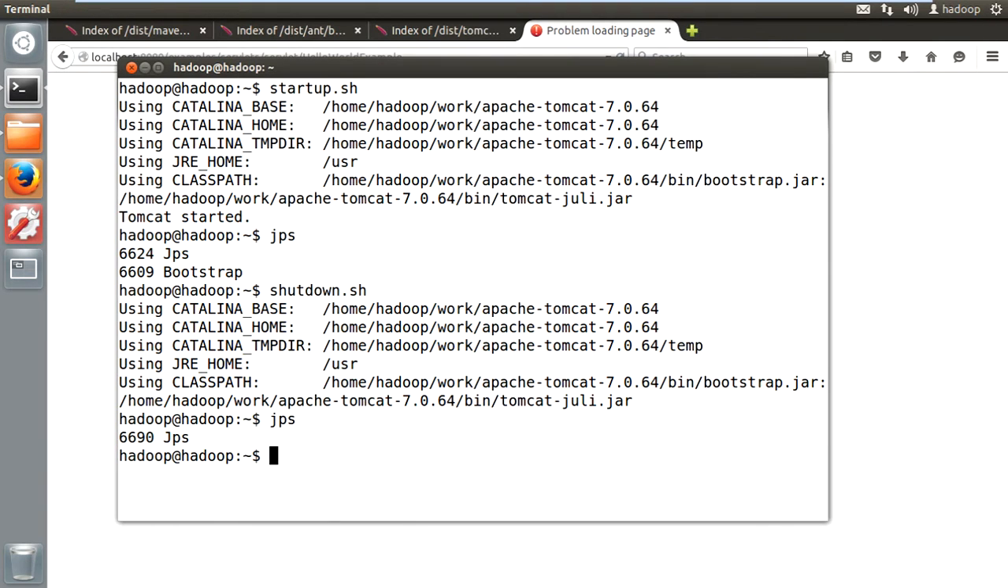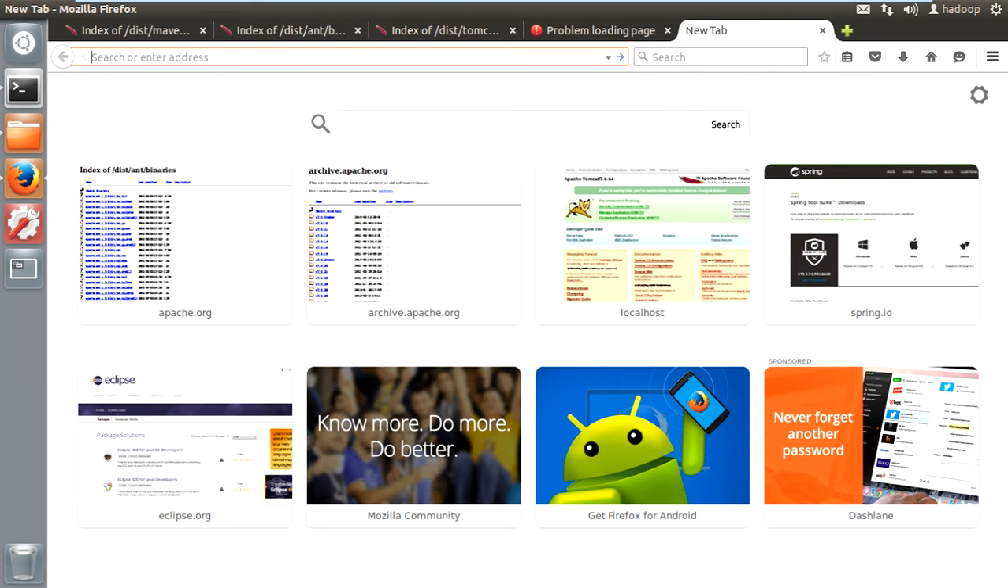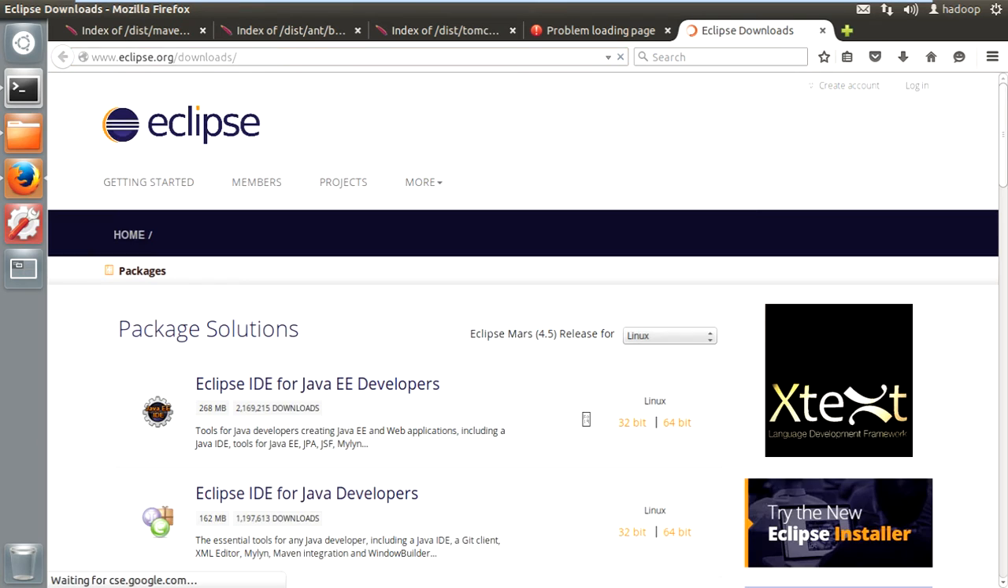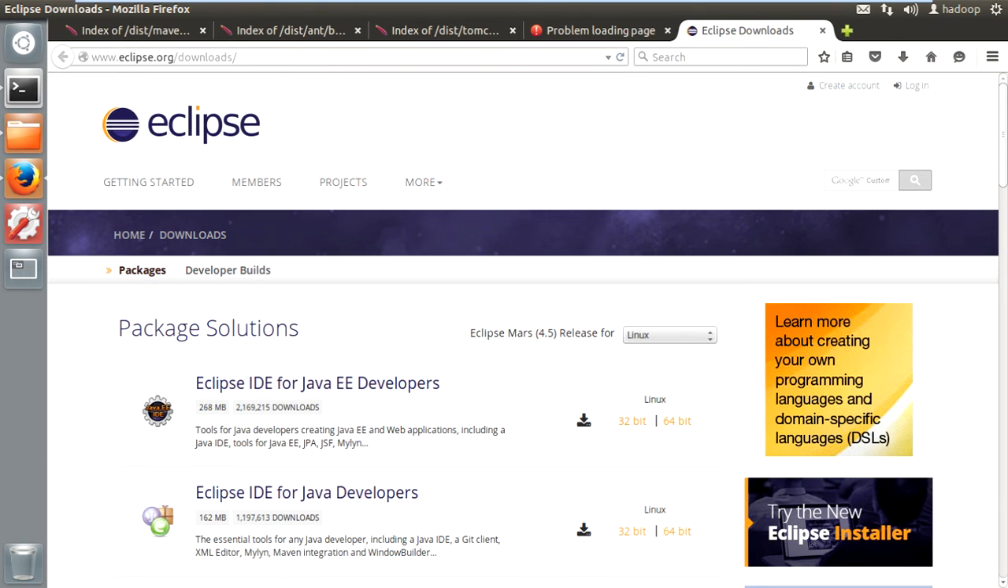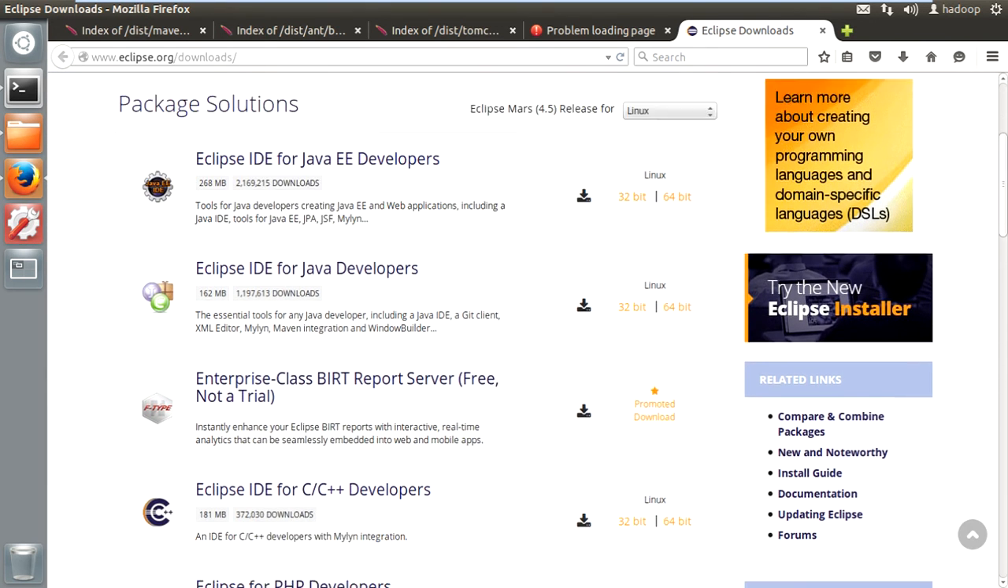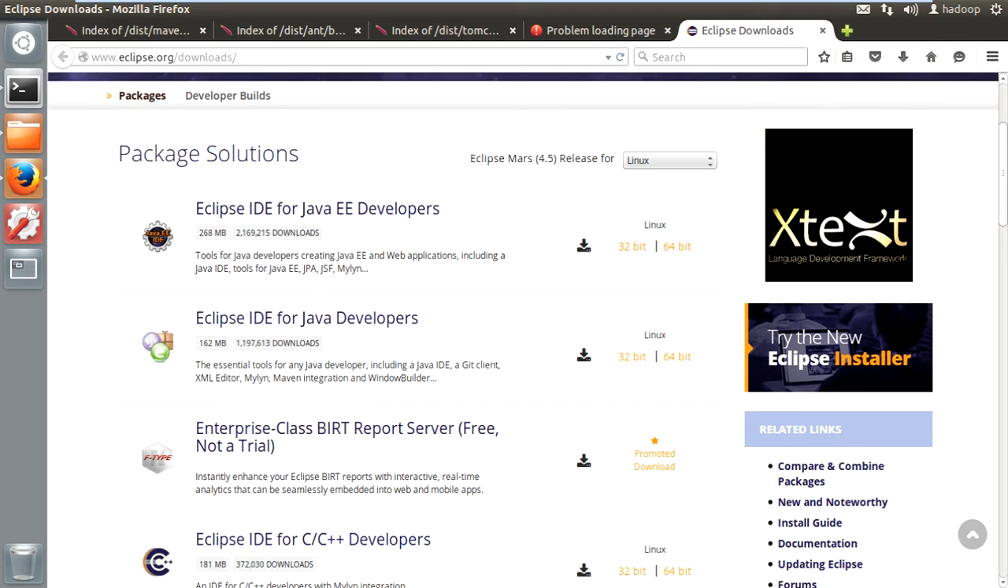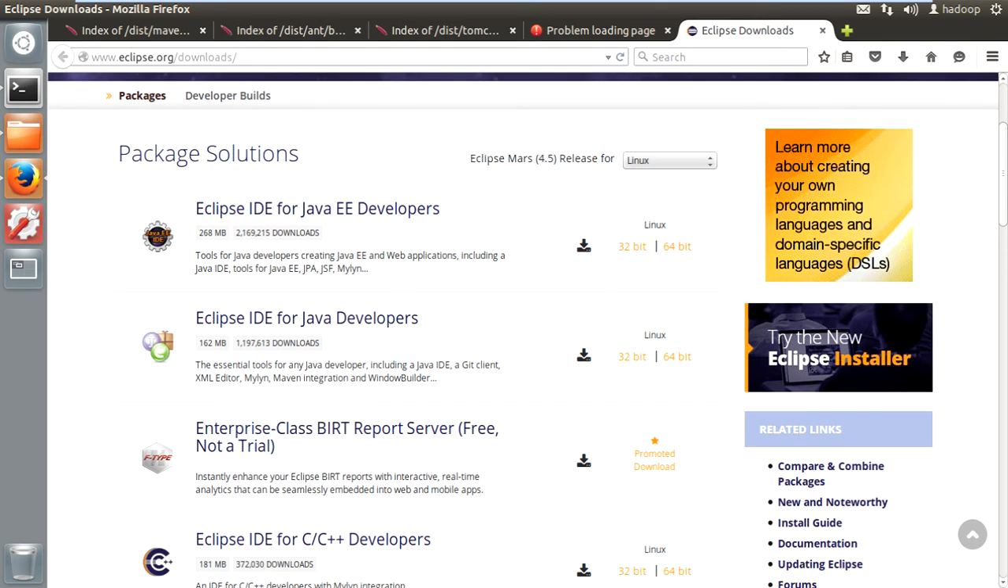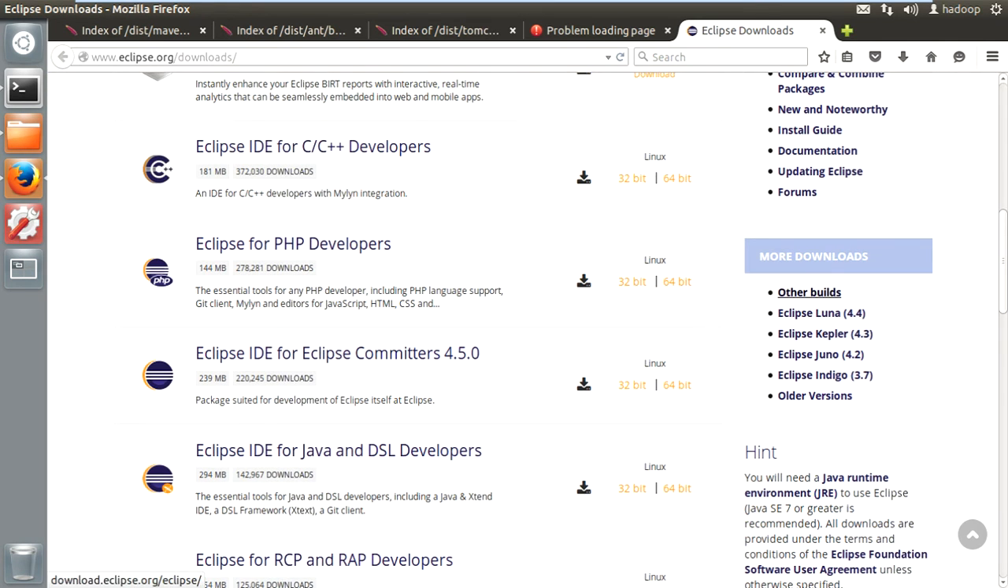When you go to eclipse.org/downloads, it shows the latest version. The current latest version available in the market is Mars. If you want to go for the Mars version you can choose it, or else if you want an older version, you have Luna, Kepler, Juno, Indigo, and other older versions. As part of this demo, I'm going with the older version, Kepler,